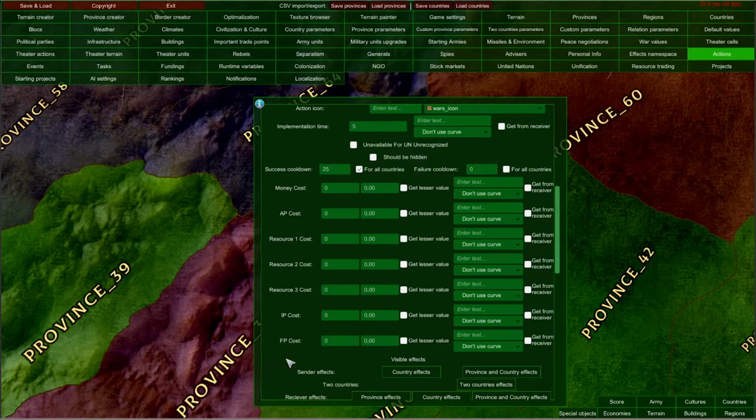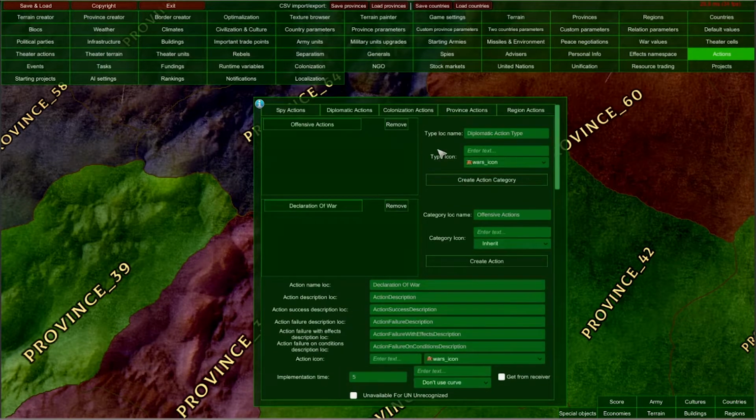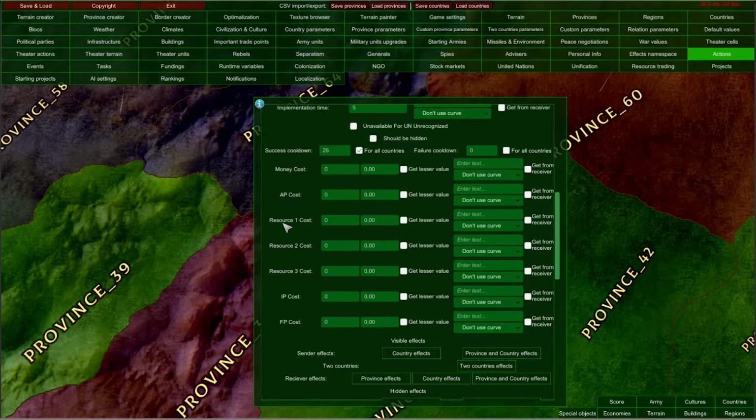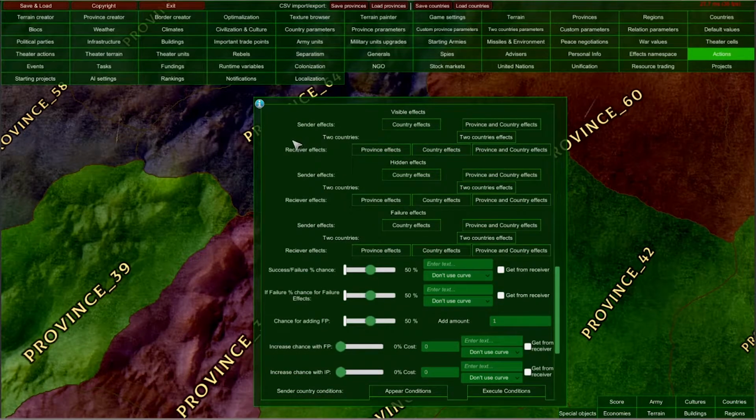This is unique for diplomatic actions. For example, colonization actions, province actions, and regional actions only have their costs in money, action points, and resources. So for this simple declaration of war action, I am going to input 10 for money and 100 for action points. And under the costs, we can set up all different effects for this action.